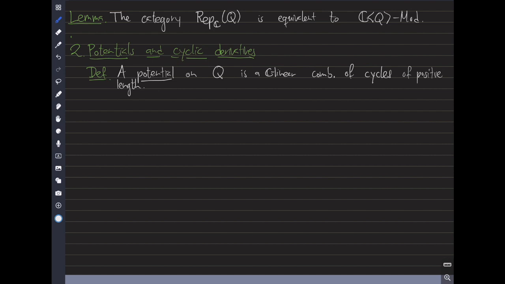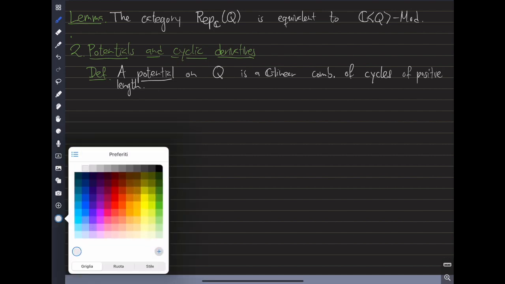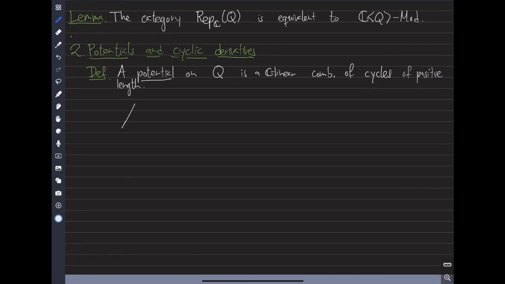Cyclic paths of positive length. For example, let's say 1, 2, 3, alpha, beta, gamma, and then examples of potentials. One is alpha, beta, gamma. This is one potential. Let's say S, and then W. Another potential would be, for example, alpha, beta, gamma, alpha, beta, gamma, and they are two different potentials, right? I could take a third one, which would be S plus W, and this is yet another potential,